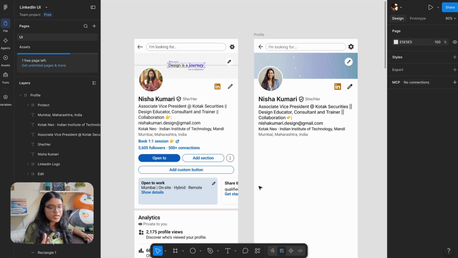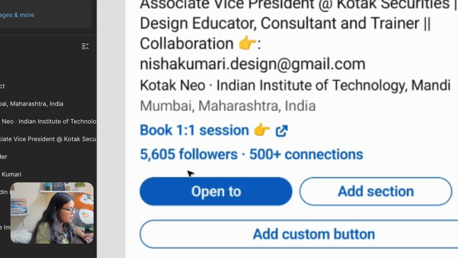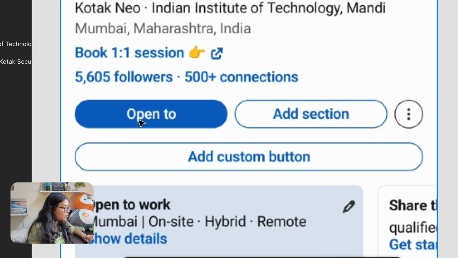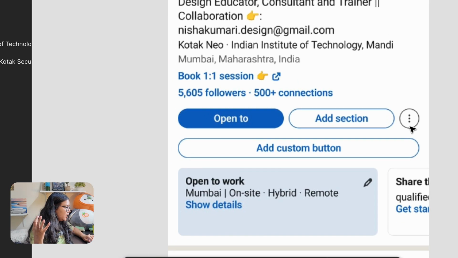Now it's time to work on the CTAs. We actually have three types of CTAs going on. One is a text CTA, which is a button on which you can act, but it is only in the form of text. Another one is a proper button which has a background and then a label on it. There are two types of these buttons: the primary one and the secondary one, which is slightly lesser in visual hierarchy, a bit less strong in appearance compared to the primary. Then we have an icon button, which has no label, but the entire button has the icon as the label. So yes, these are the things.